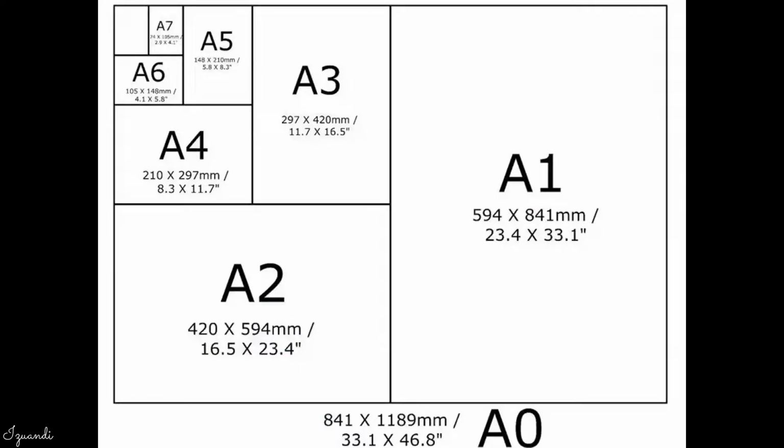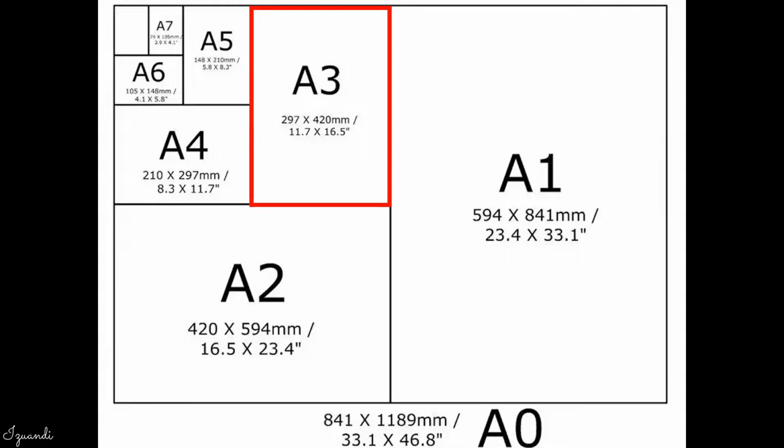Okay, we move on to the size of papers. First thing that you need to know is which type of papers you are going to use. Normally, we are going to use A3 papers. So the size will be 29.7 centimeters of height, times 420 millimeters, which is 42 centimeters, of length. So you must remember that this is the size of your papers. If you use A1 or A2, there is a different size.